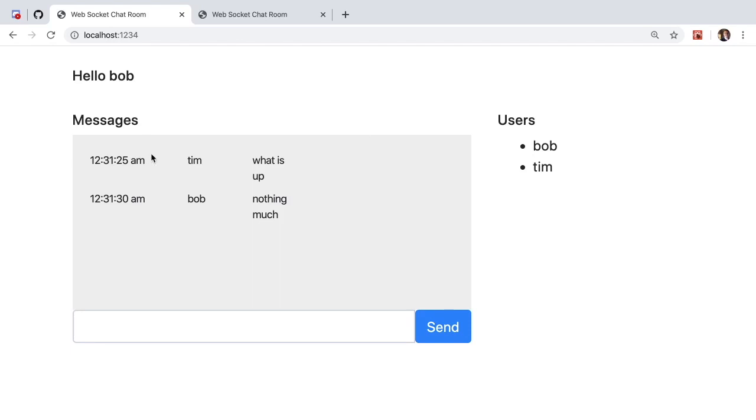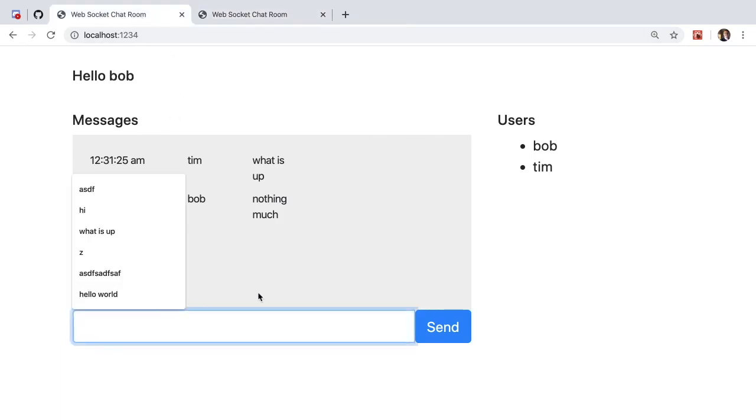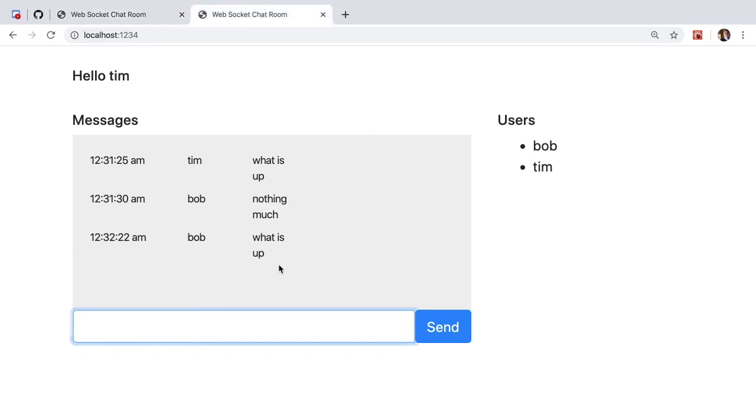But basically, this is what we're going to be building, or this is what I've already built. I'm going to explain and talk about it. Right now, I have two tabs open. And if someone in tab 1 were to type something and hit enter, notice that that message will show up in the other tab. And this is basically using a Node.js server on the back end to facilitate sending messages back using